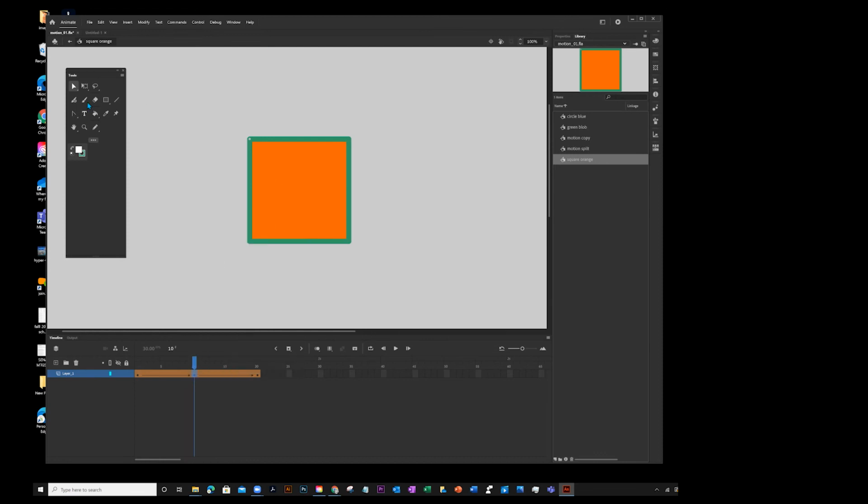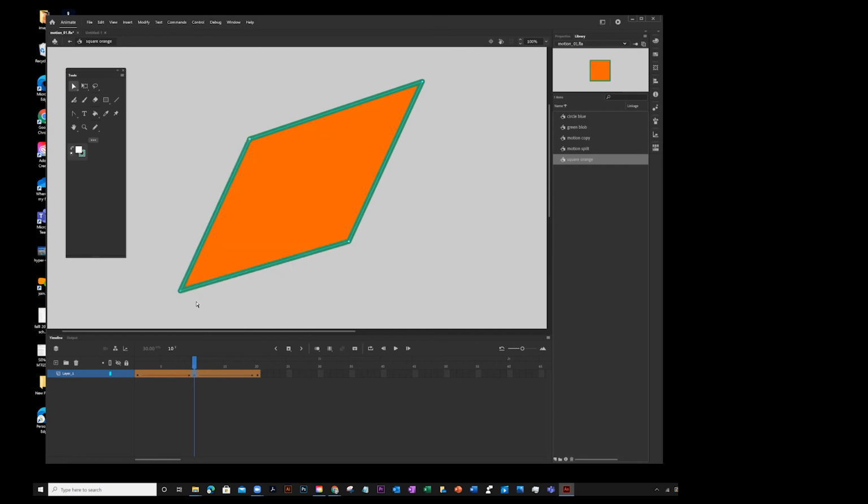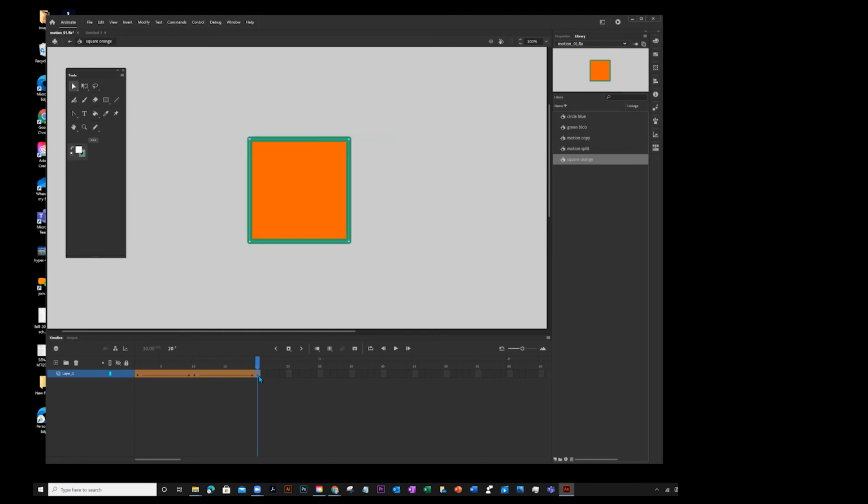And in that insert keyframe, I'm going to actually take my white arrow and I'm going to change this. Now, unlike the motion tween, which doesn't lock like we were talking about, if I jump to this, it keeps the keyframe. So now if I hit enter,